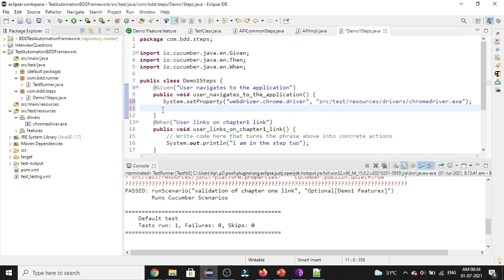The next step is to create the object of the driver. And here we are using Chrome as our browser. Let's create the Chrome driver object using the WebDriver interface in Selenium. So WebDriver equals to new ChromeDriver.